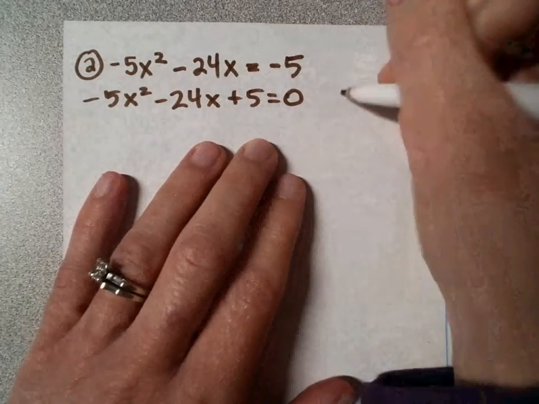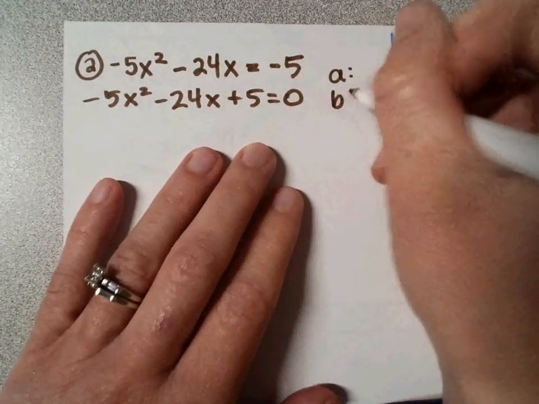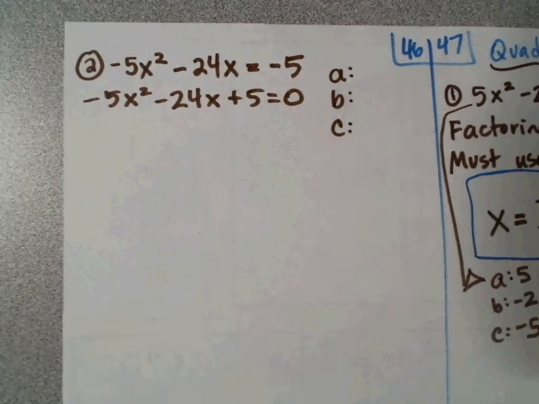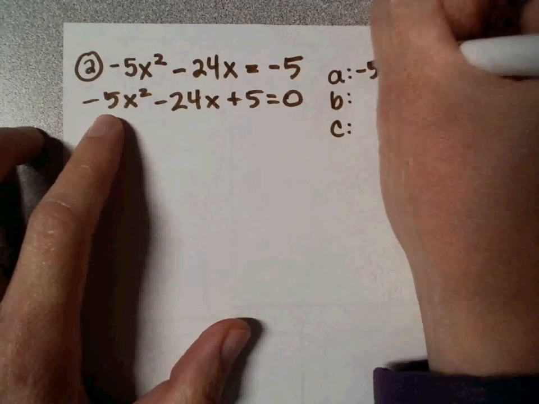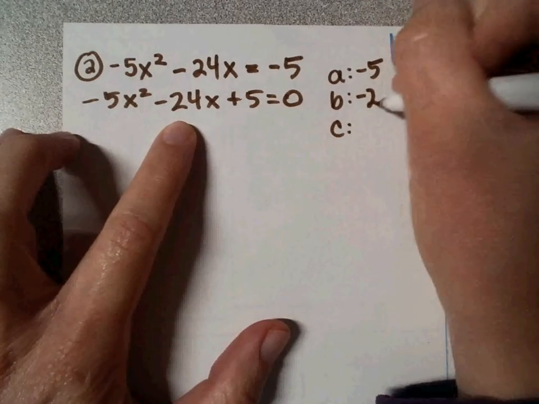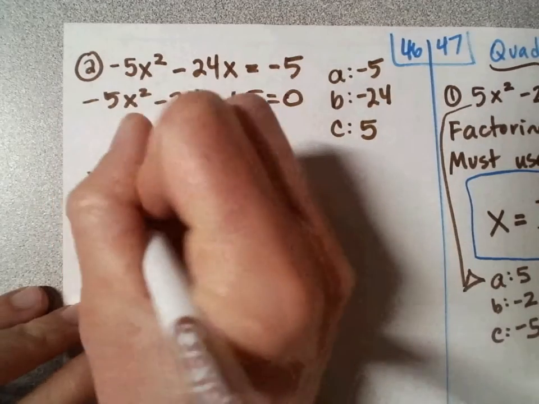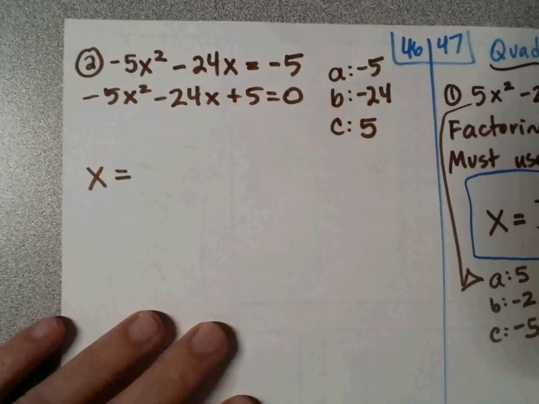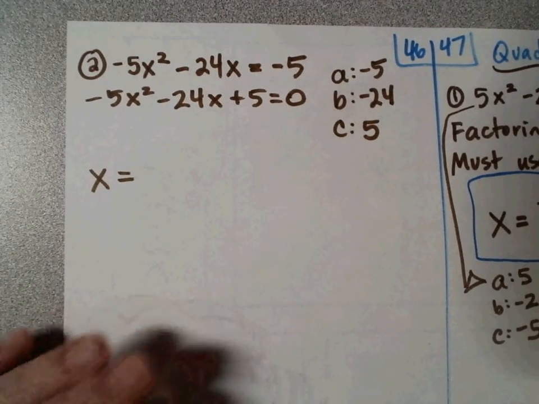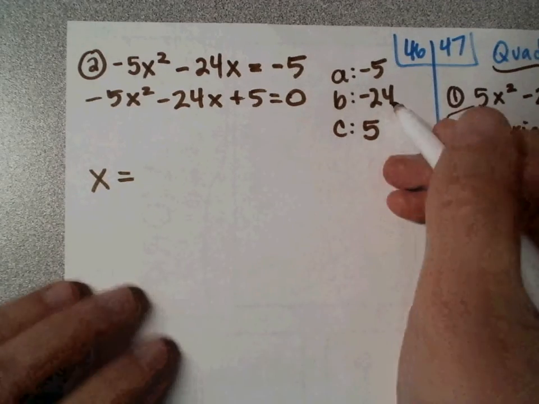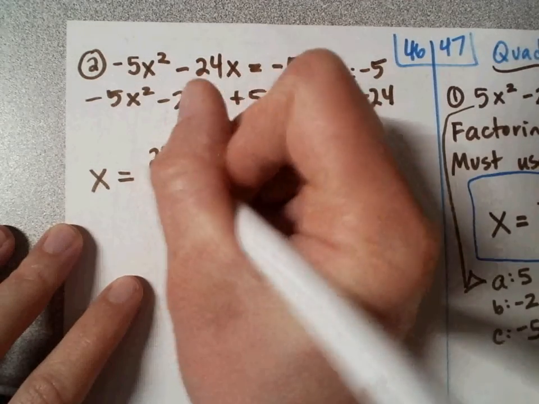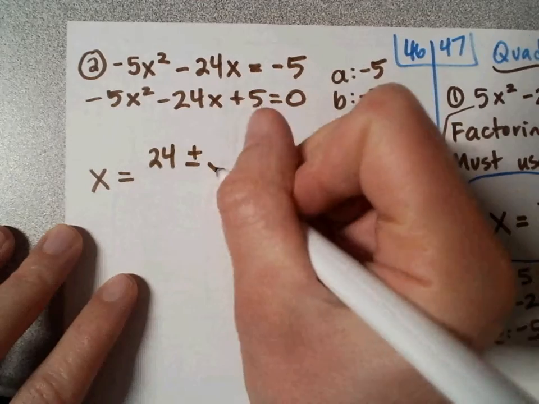All right, so I want you to use QF. So that means we're going to list our A, our B, and our C after it is set equal to 0. So what's your A? -5, B is -24, and C is 5. All right, X equals, the formula is on page 47 if you need to look at it. Opposite of B, so what's the opposite of -24? 24. 24 plus or minus square root